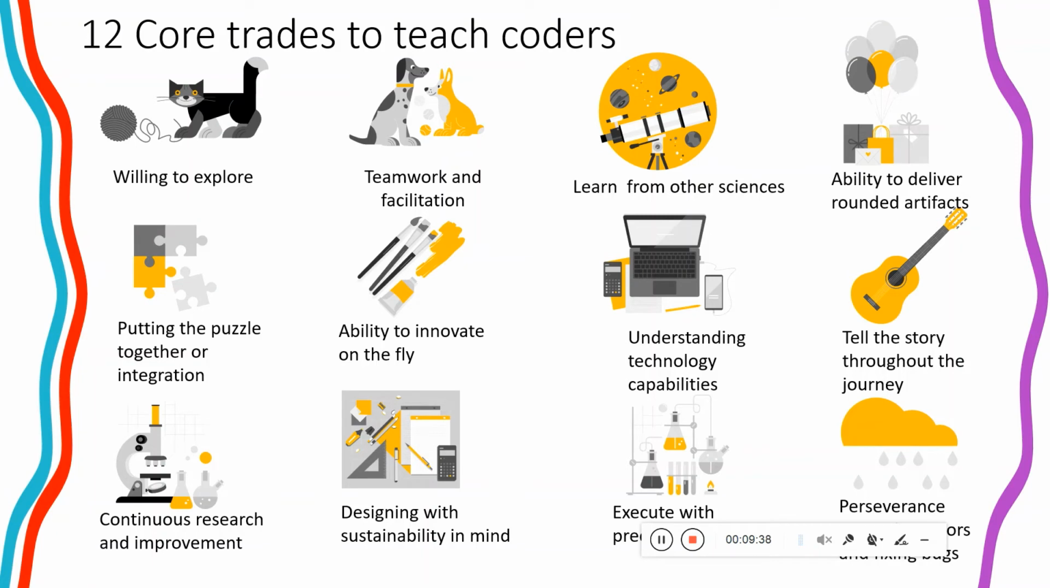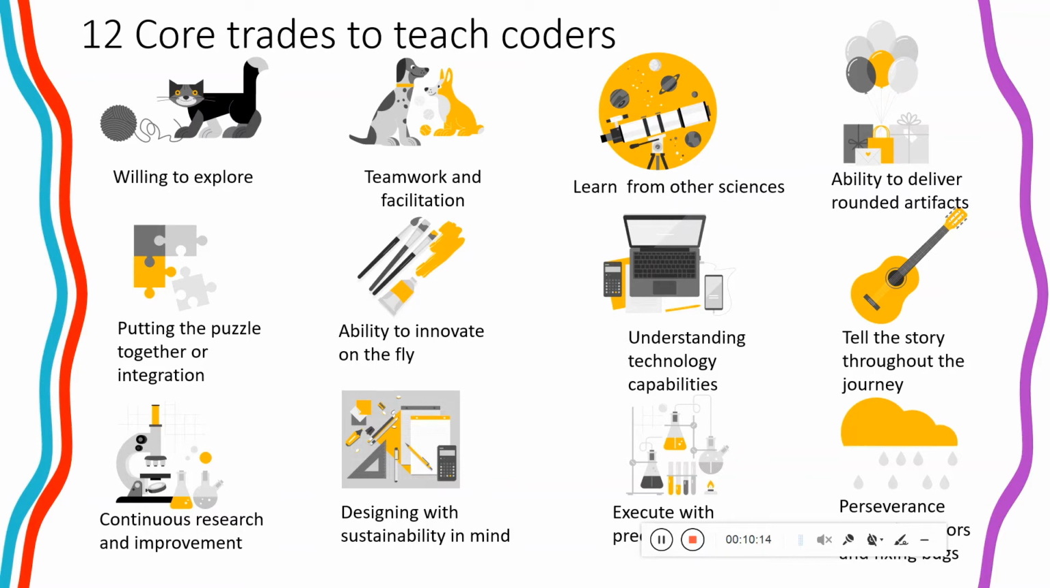Now, what are the 12 traits for teaching coding? First of all, the willingness to explore. It's quite important that we are willing to explore. Teamwork and facilitation. With IT, normally you work in large teams, and most of these technology projects have a lot of teams, so facilitation and teamwork are quite important skills. We also learn from other sciences, so you have to be willing to integrate other sciences